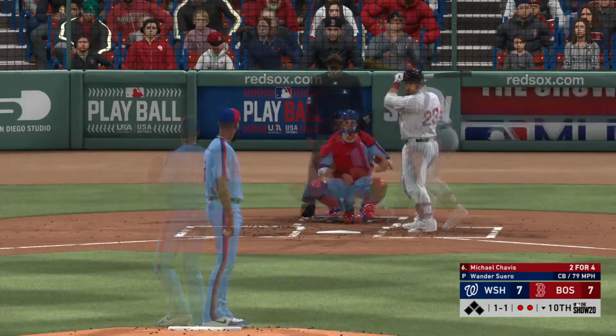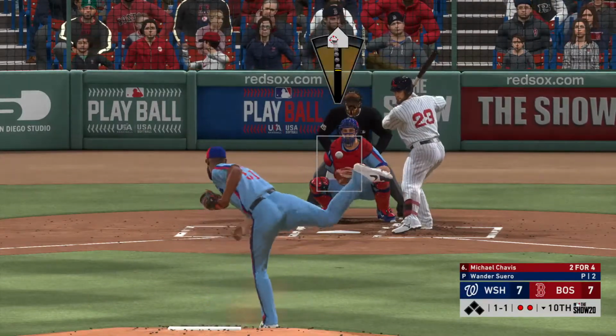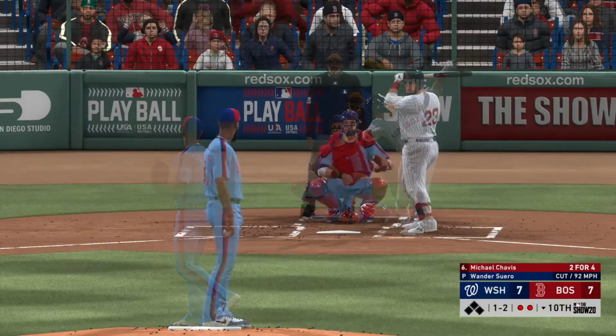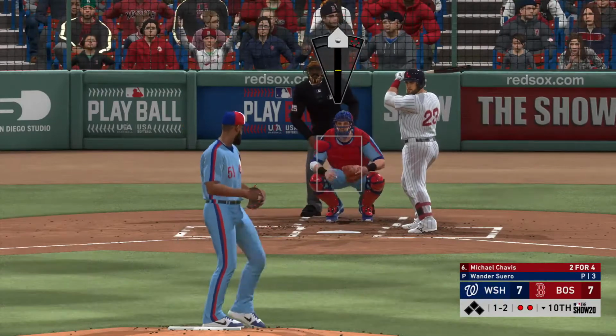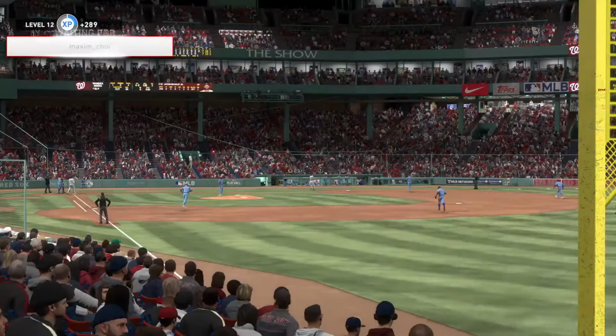Might have thought about it here, but he lays off the breaking ball inside. It's even at 1. And it's 1-2. I think it's safe to say he wasn't ready for the fastball. Wow, was he behind that? And we'll have to leave it there, as this is